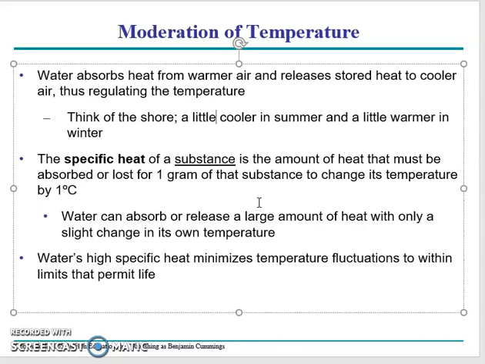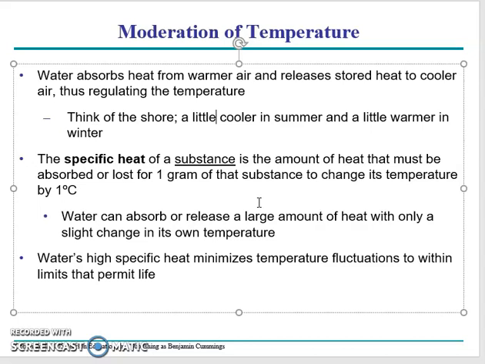So it actually takes a lot of heat to change the temperature of water or cool it down. Think about the last time you put a pot on the stove to make a pot of mac and cheese or something like that, right? Seems like it takes a long time and a lot of heat for that water to boil. Conversely, if you fill up your ice cube tray and stick it into the freezer, it seems like it takes a really long time at -5 degrees or whatever in your freezer to freeze, right? Well, this is because water has a very high specific heat, and that's the evidence, right? It takes a really long time and a lot of energy to change its temperature either way.